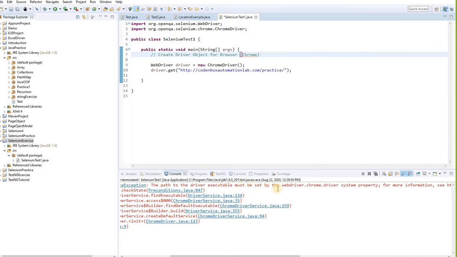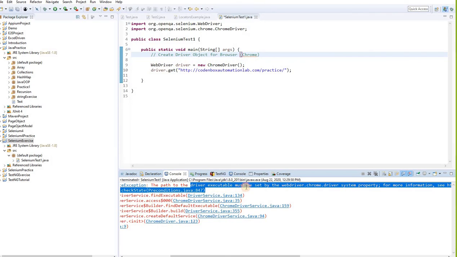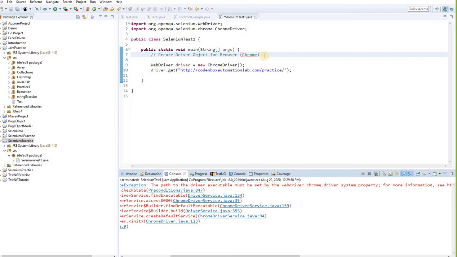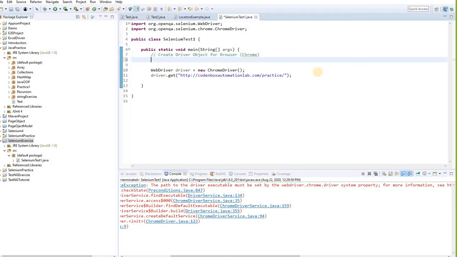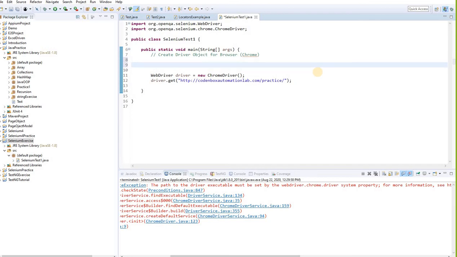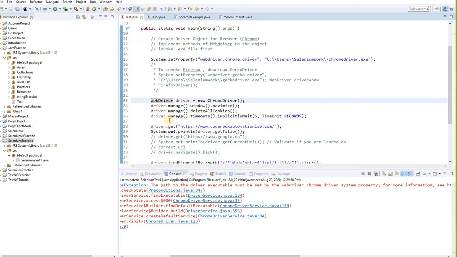You must set the driver executable file's location right over here. To give the location or information about your ChromeDriver executable file, Selenium also has code. So what's the code? You have to say System